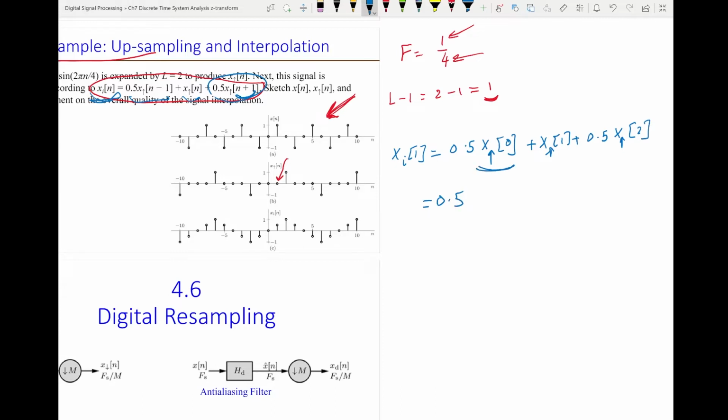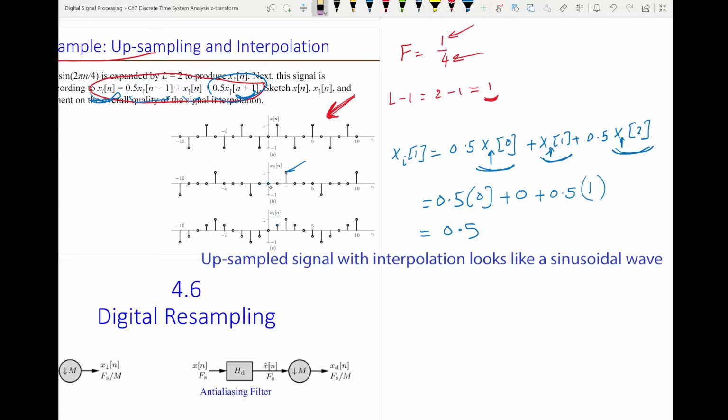Now this value here is this, which is 0, plus this is the upsampled at 1, which is this one, 0, plus this one here, the upsampled at n equal 2. This is n equal 2, and the value is 1. So this is just 0.5, which is this 0.5, and so forth. Now this upsampled signal looks more like a sine wave